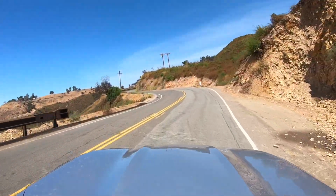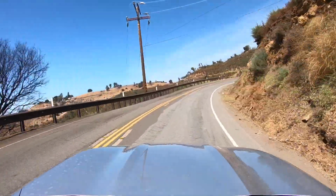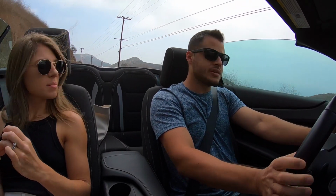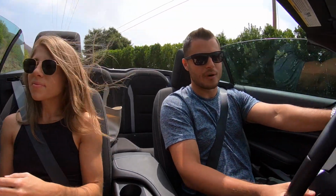Like, for example, in Google Maps, you can download really any geography, and what it will do is it will basically save the maps to your phone in offline mode, so you don't need cell service to access them, because you might get lost, or you might just want to have navigation. We're not gonna get lost. We're not gonna get lost because we downloaded offline maps. We could also just, you know, turn around, but...